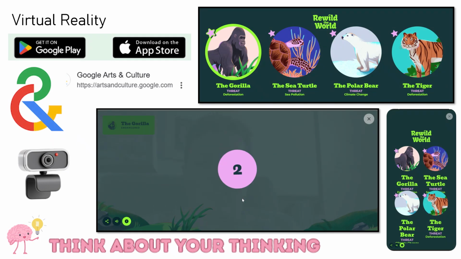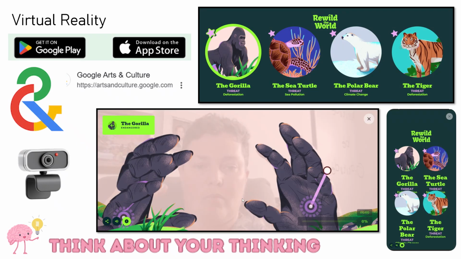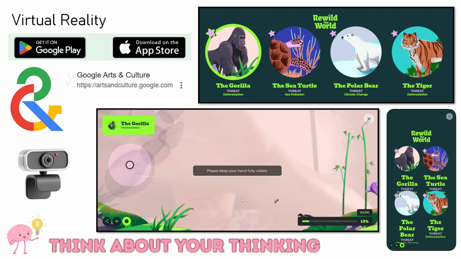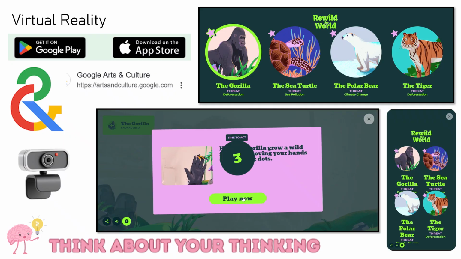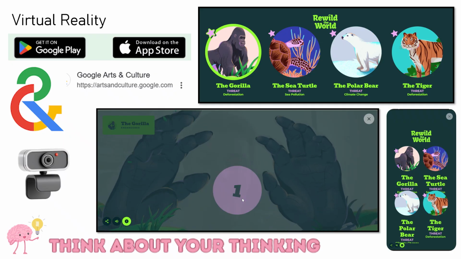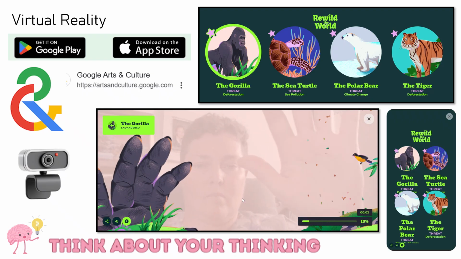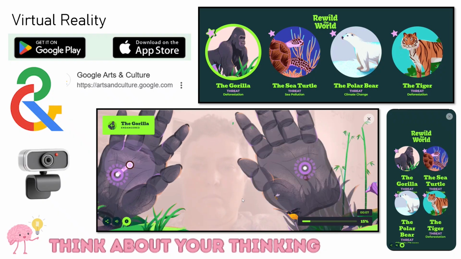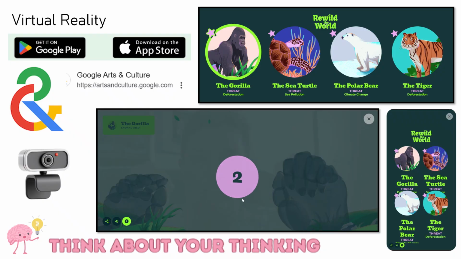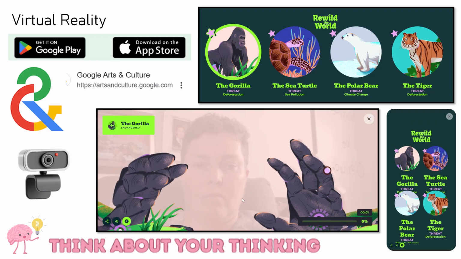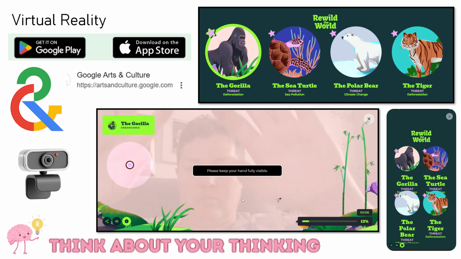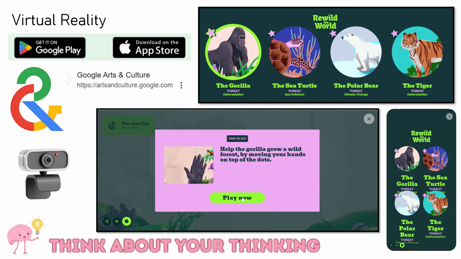A platform which the learners really enjoy interacting with virtual reality is Google Arts and Culture. It is free. It's also downloadable on an iPhone or on an Android device. And in Rewild the World, it focuses on endangered species. And through using AI, the learners are able to interact on the platform, and their hands become the hands or the fins of the endangered species. And through following the prompts, they're able to move their hands in a way that helps the endangered species rebuild their